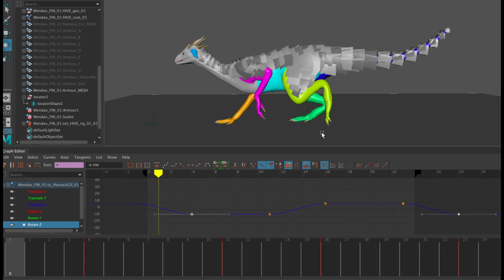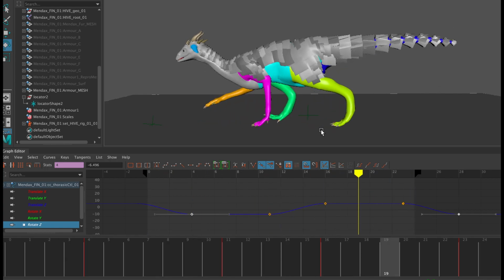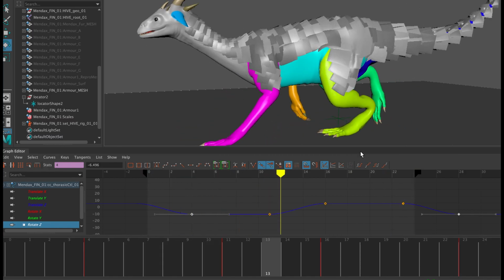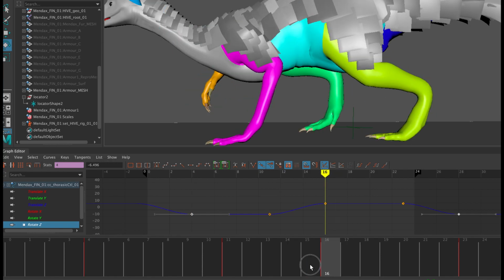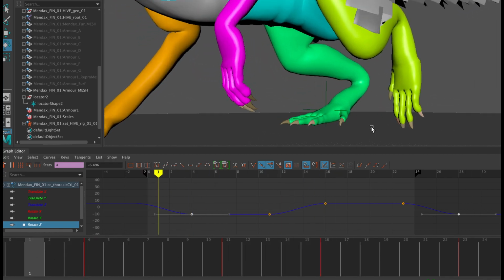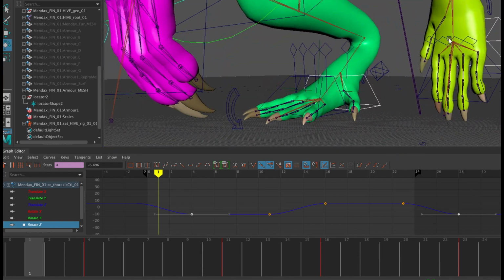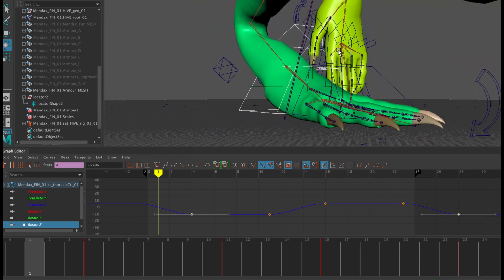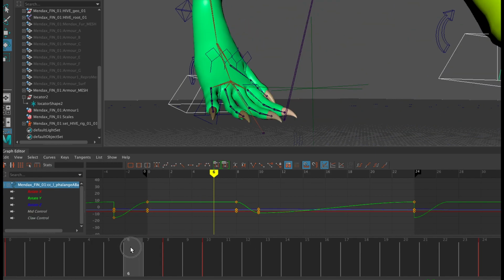It's a camel run, really. Trot. At this point, I could probably just live with this because I've got other things to get on with. But what I will fix is here's these back toes, not doing much at all. Let's just adjust that so it comes through, and then